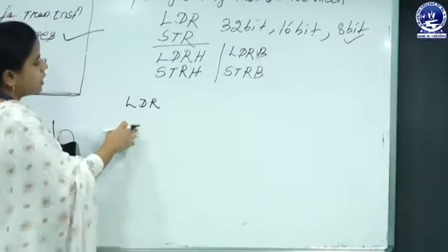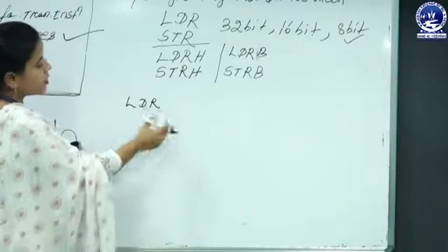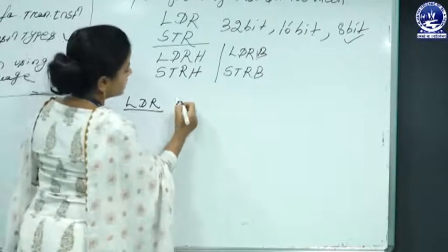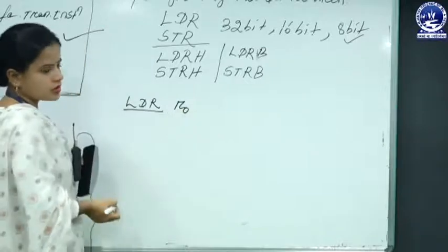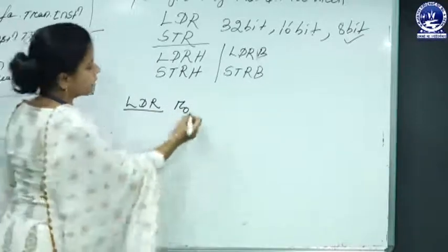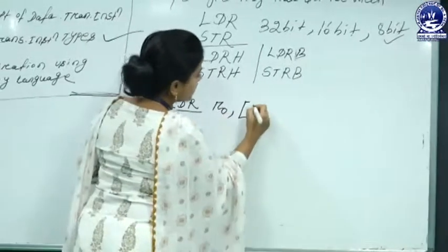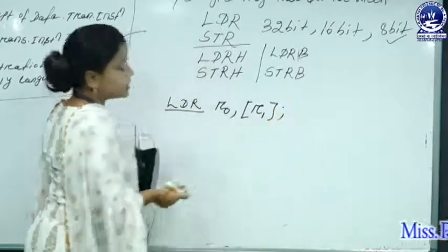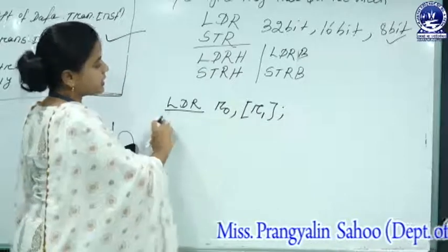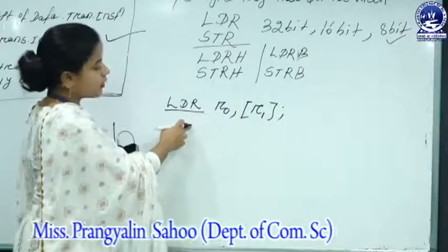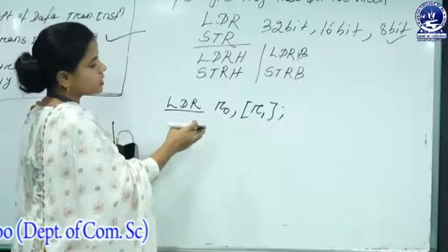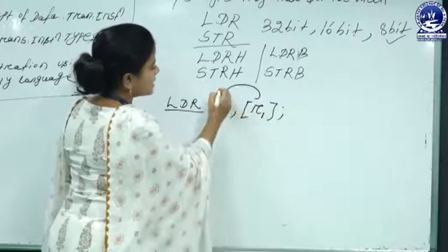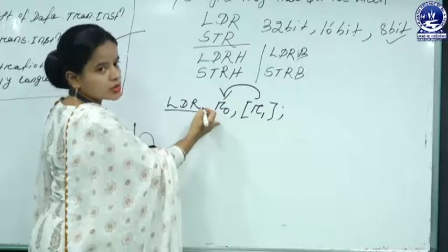So how is that rewritten in assembly code? If we have to rewrite these expressions in assembly code, first we write the opcode, and after that the destination location. Suppose the destination location is a register and the source location is a memory location, say R1. Whenever we rewrite these expressions, whatever data is stored at the memory location of R1 is moved into register R0.